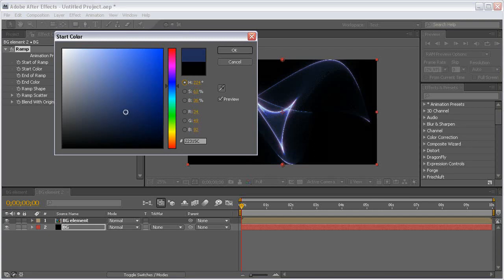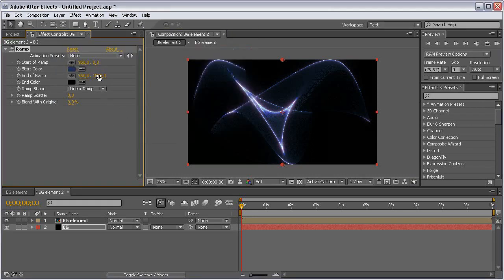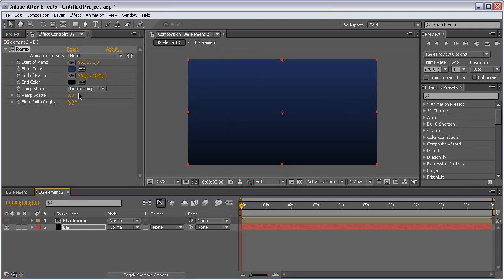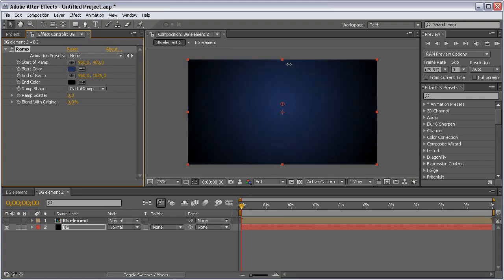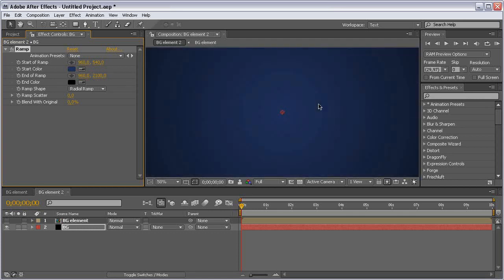Let's see, something like that. The start of the ramp will be in the middle of the comp, and the end point we are going to put far away and change it to radial ramp. So change this to the middle of the comp, and this maybe right here to get a nice smooth